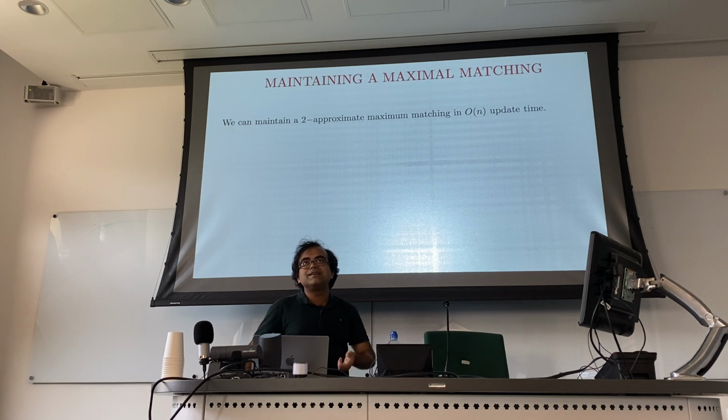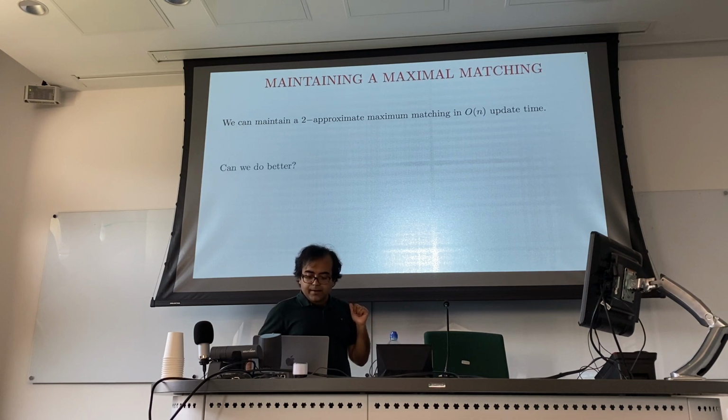Now here is a question. If I ask you, can you get better than order n update time deterministically for a maximal matching? The answer is no one knows. This trivial algorithm that I presented is the best possible currently for any deterministic algorithm. And I would find it super interesting if somebody can improve this trivial bound deterministically. Improve the update time? Yes, the update time. So you maintain a maximal matching always, and it's 2 approximate. Yes, but just for the maximal matching. Maintain a maximal matching deterministically better than this. It's open. And what is very surprising is that the state of the art is just one paragraph.